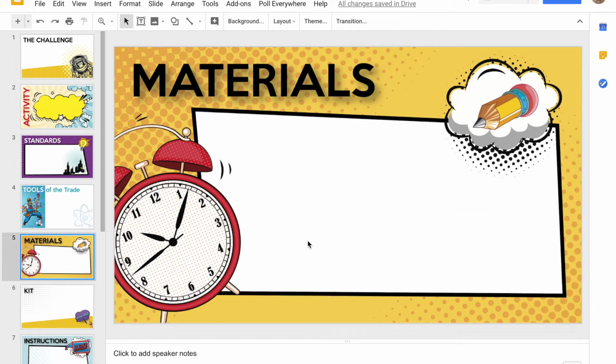Then for materials, these are the consumables. These are the things that kids are going to need in order to construct. So think duct tape, hot glue, cardboard, cardstock, feathers, pipe cleaner, the things that they're going to actually need to build. This also might be a kit, so maybe it's the Dash and Dots, or maybe it's Lego EV3, or